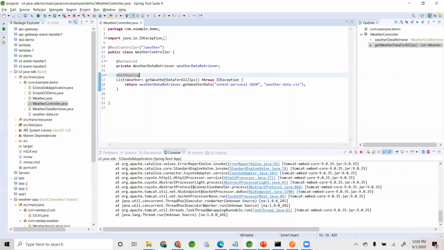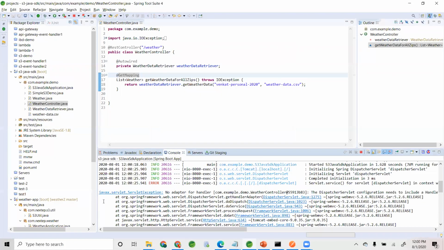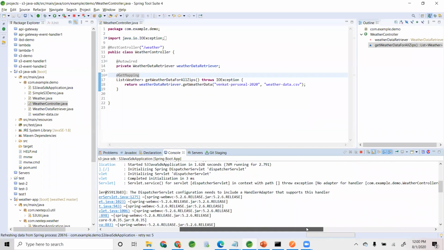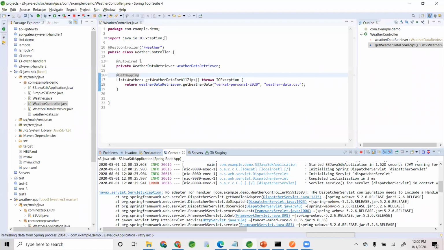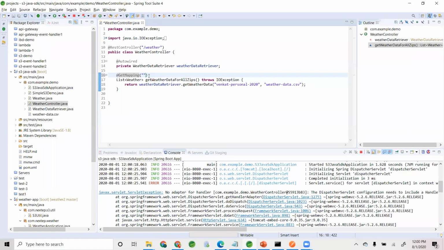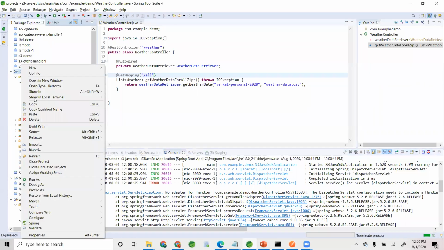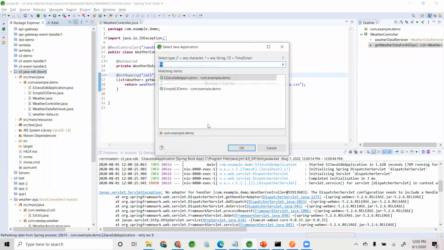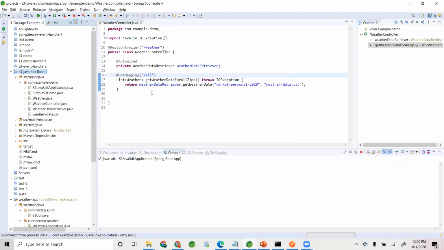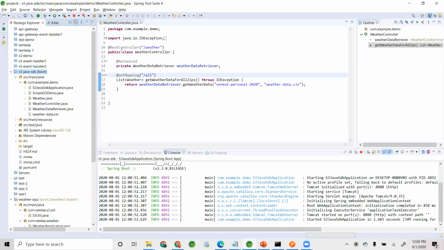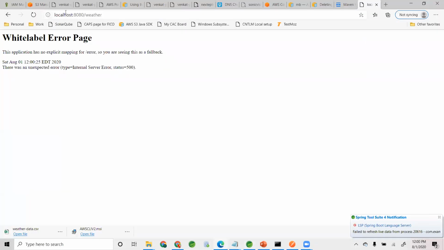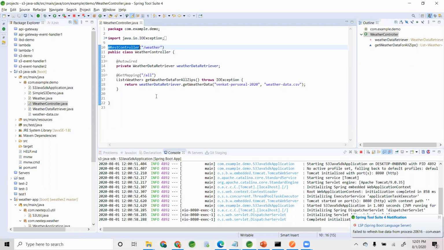So what does it say? It's been a while since I coded. So, slash weather, I think I may have to put a slash there. Let's say... Maybe we need response body. I'm not sure. It gave that at rest controller, right? So, 404, it's not found. Huh? Okay, interesting. Okay. Slash weather.